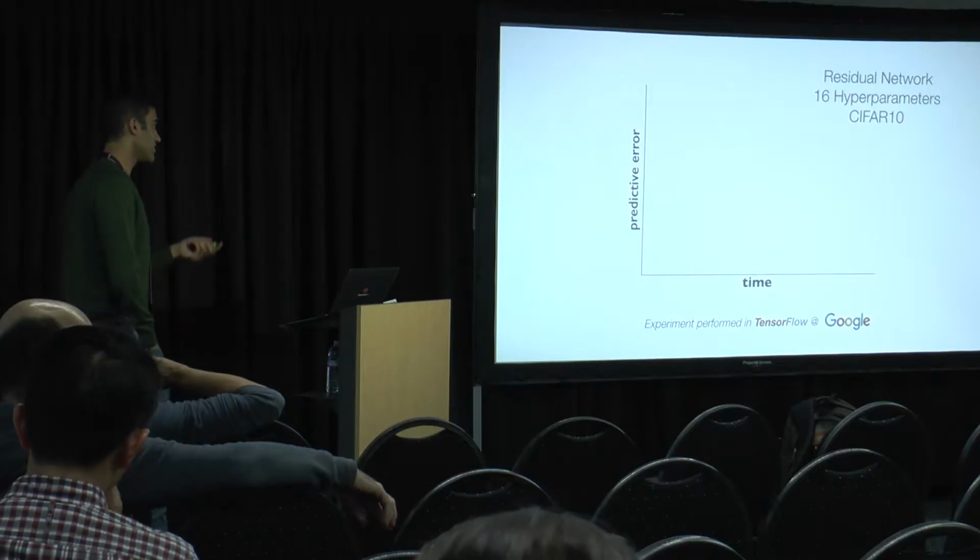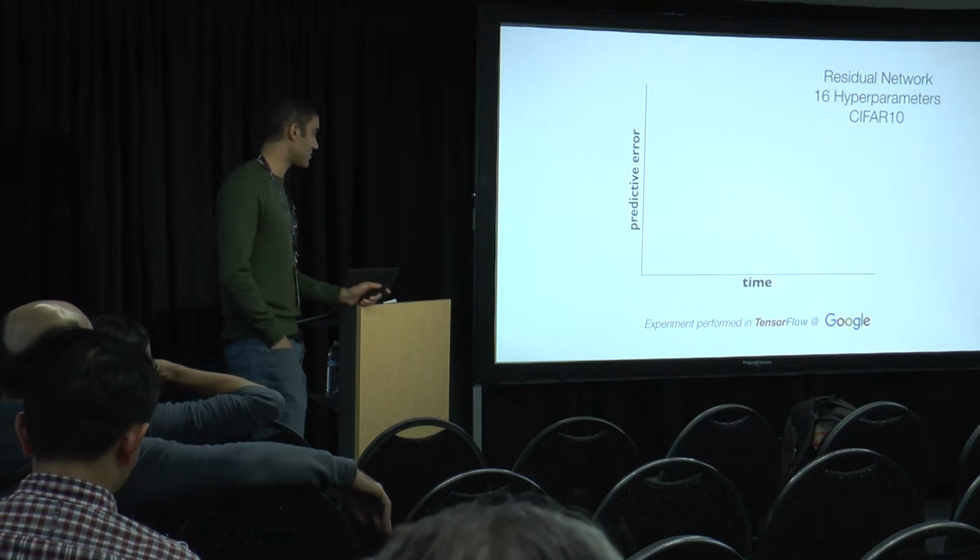So the number of configurations that you're going to want to look at, even if you're at a large company, is likely going to be much more than the number of parallel resources that you have. So you want to get an answer in roughly the same amount of time that it takes to train one model, with maybe a large amount of parallel resources, but still a constrained number of parallel resources. So how does that look? I'll show you an experiment demonstrating this idea.